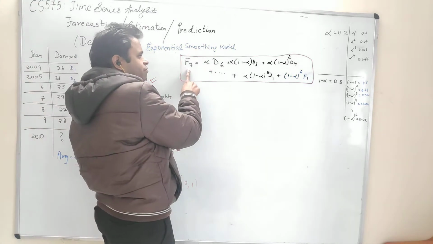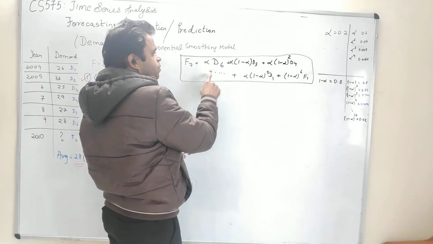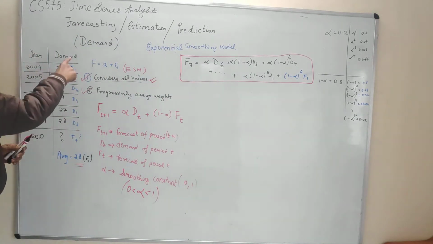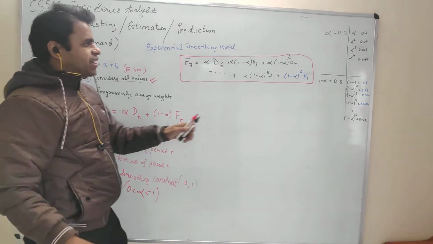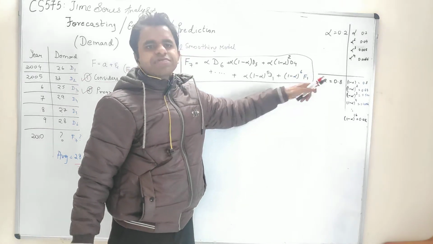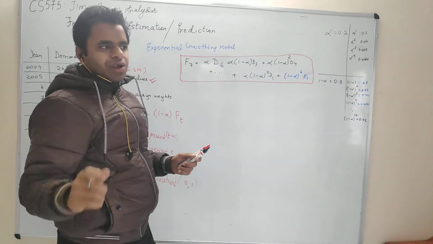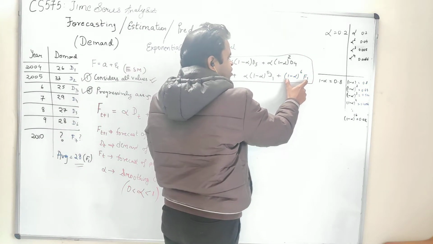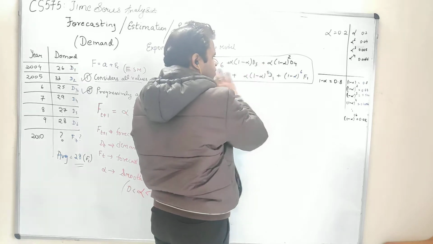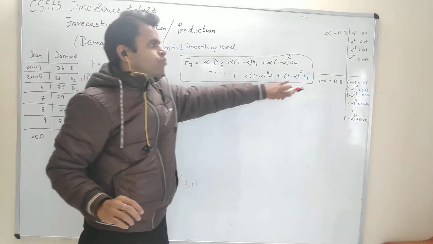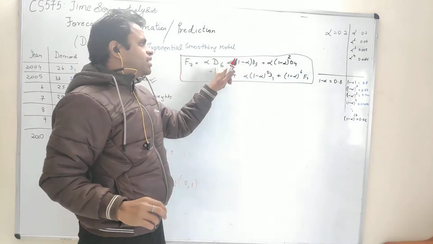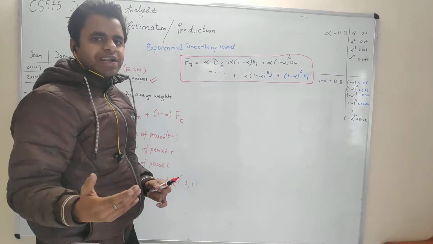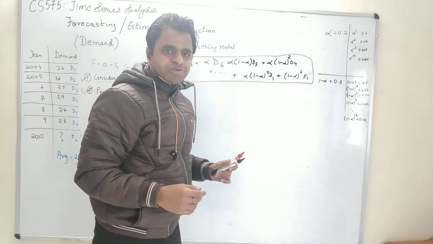If you see the formula of F7 when we completely expand, it depends on D6, D5, D4, D3, D2, D1, which we already have, right? And the next factor is F1, which we assume as a suitable value at the start. Now we will see why even if we ignore this particular factor, it will still result in a good value. Let us keep it aside, so I have written it in blue. Now we only deal with D6 to D1, right? We are ignoring this for the time being. Later on, mathematically, we will show how these values can be ignored also.